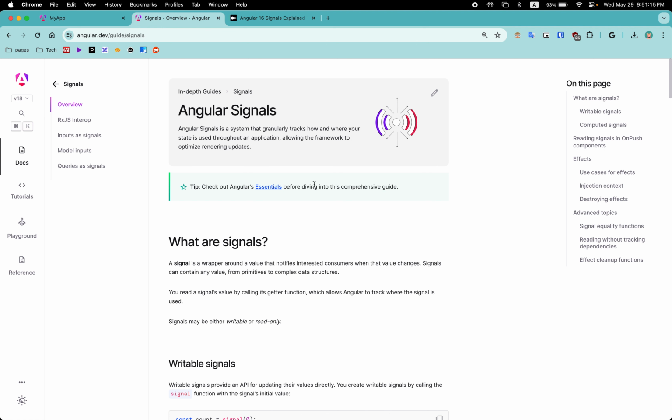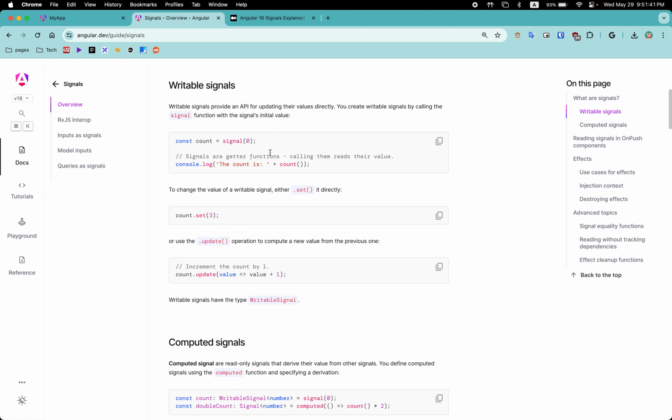In this video we're going to talk about Angular signals. Angular signals is a new concept introduced in Angular 16. What it does is keep track of your state value changes so it can understand change detection. Though it's a very old concept in the JavaScript community, they only introduced it recently. There are a couple of examples shown in their